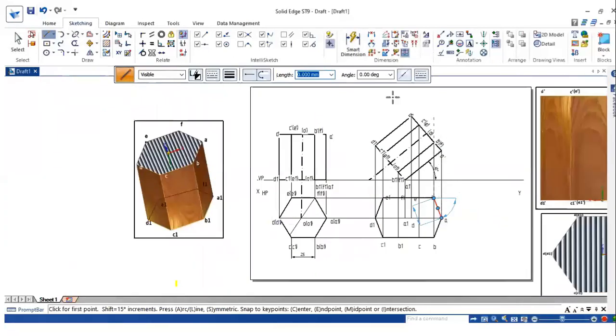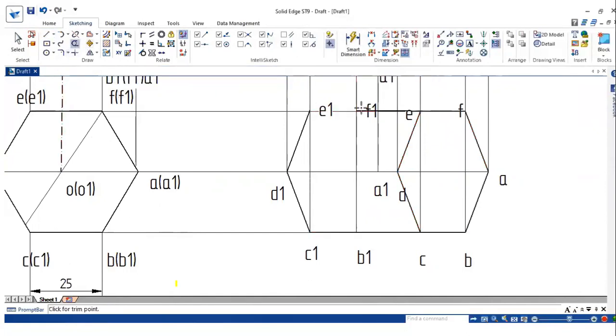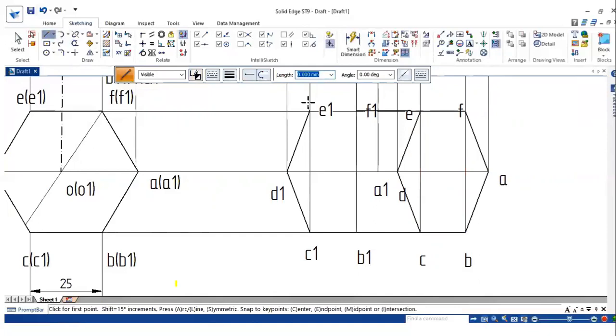Then if you see the front view, the base near to the observer will be A, B, C, D, E. So A, B, C, make that base as visible. Okay. Then after doing this, go for visible line.